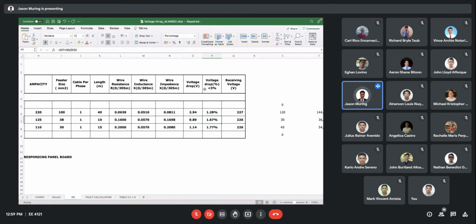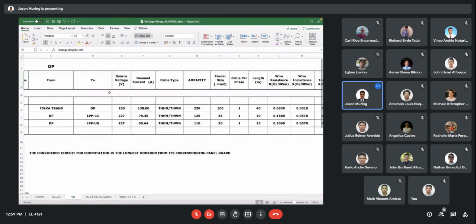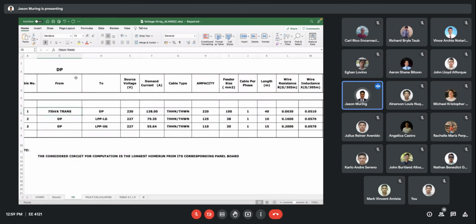So again, this calculation. Because the requirement of the code is less than 3%, from the feeder, take note of this from-to. In this case, since it is a big load, it has its own transformer, so the calculation is from the transformer. But in our case, since we are just designing a residential building, we can just consider from the service point